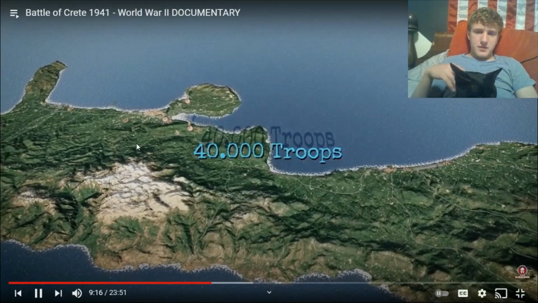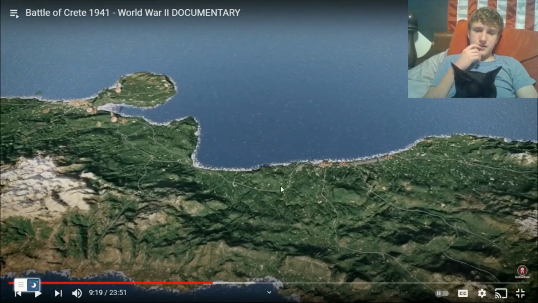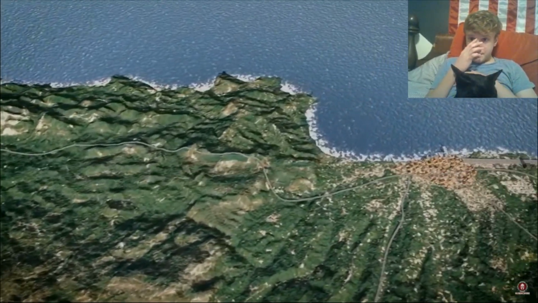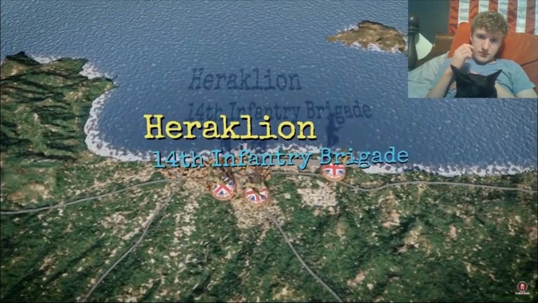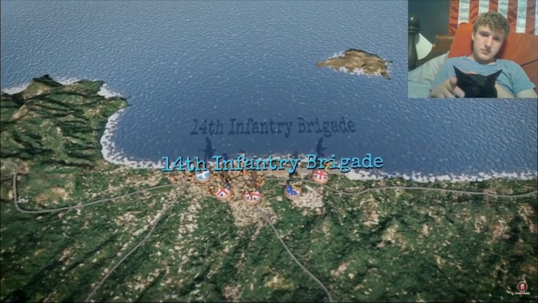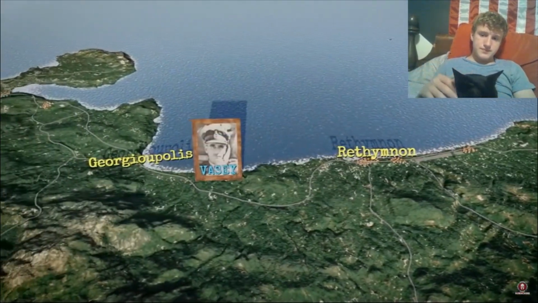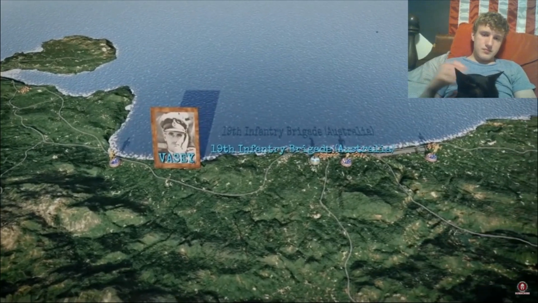Although some lacked weapons. Freyberg divided his forces into 4 groups to defend the 4 points where the invaders were going to land. At Heraklion, he placed Chappell's 14th Infantry Brigade with some Greek and Australian battalions, with a total garrison of 8,000 men. In the Georgiopolis-Rethymnon sector was Brigadier George Vassey's 19th Australian Infantry Brigade, with some Greek regiments attached, for a